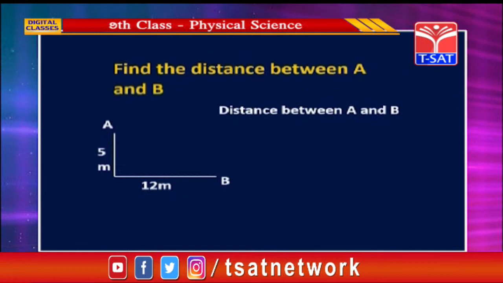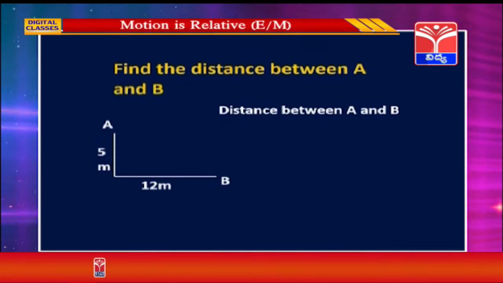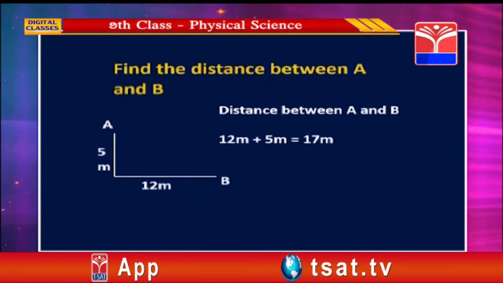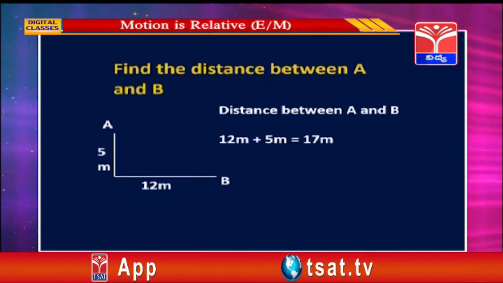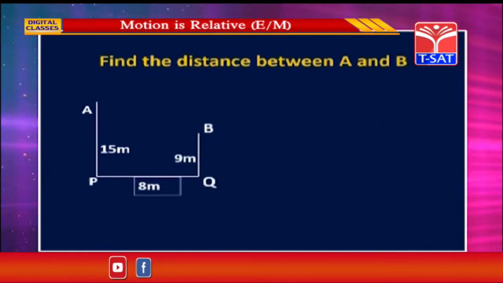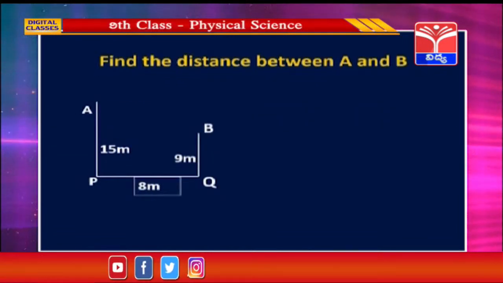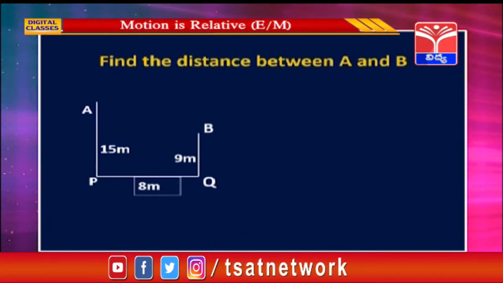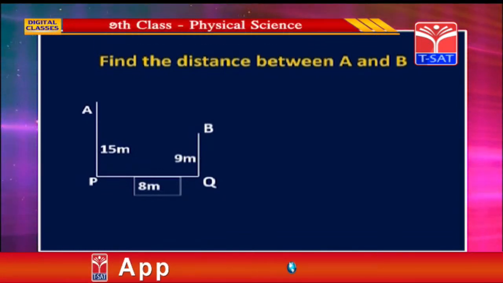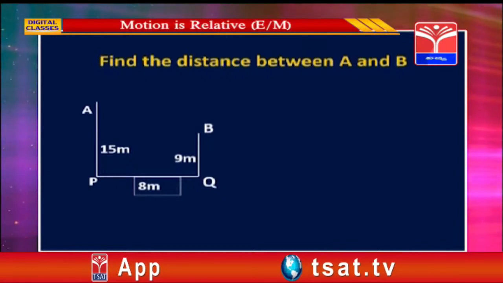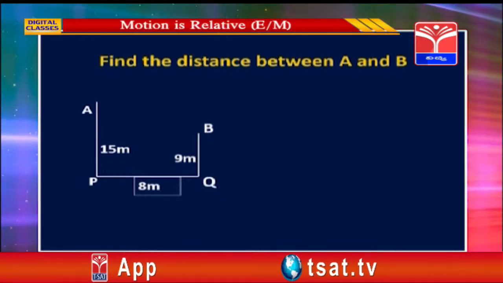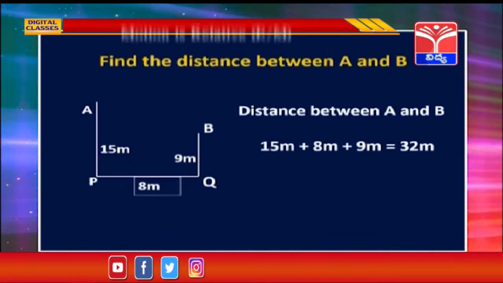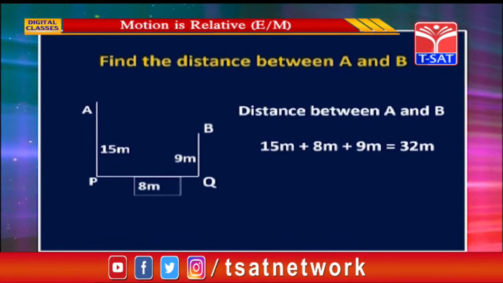The distance between A and B is given by the total length of the path, that is 5 meters plus 12 meters, which is equal to 17 meters. Let us do another numerical. Here again an object has moved from point A to point B along the given path. Here AP is 15 meters, PQ is 8 meters, QB is 9 meters. So the total distance has to be 15 meters plus 8 meters plus 9 meters, which comes out to be